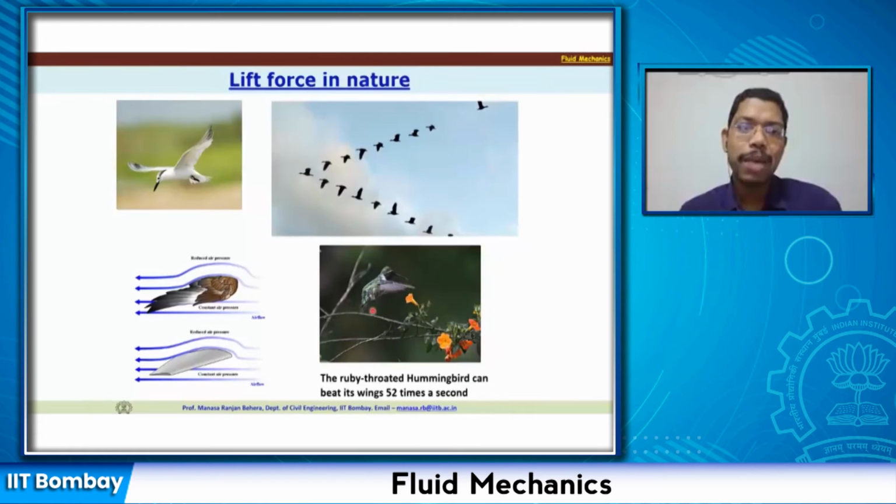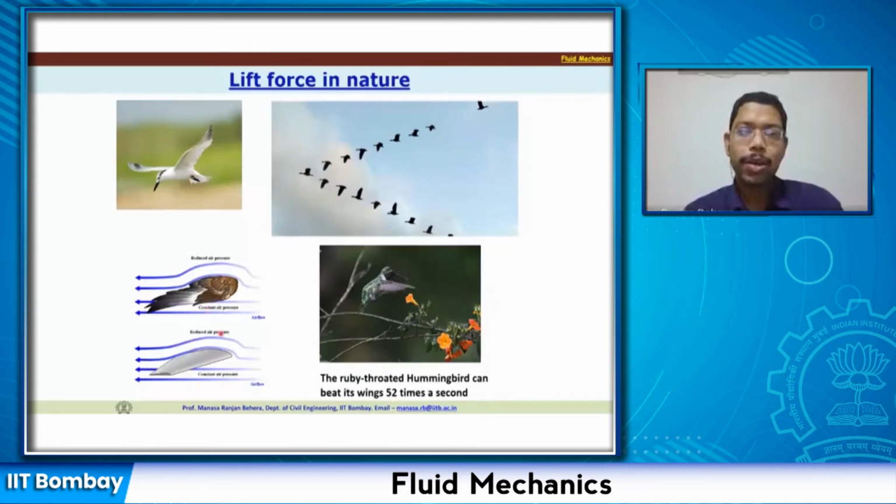Similarly, the shape of these airfoils we have also derived from feathers of these birds, how the shape of the feather is, and from that we have derived how this airfoil shape should be, and which then we have done our computational analysis, theoretical analysis, whatever we have done, and we have optimized the shapes that is required for us. But the first lesson has come from nature.